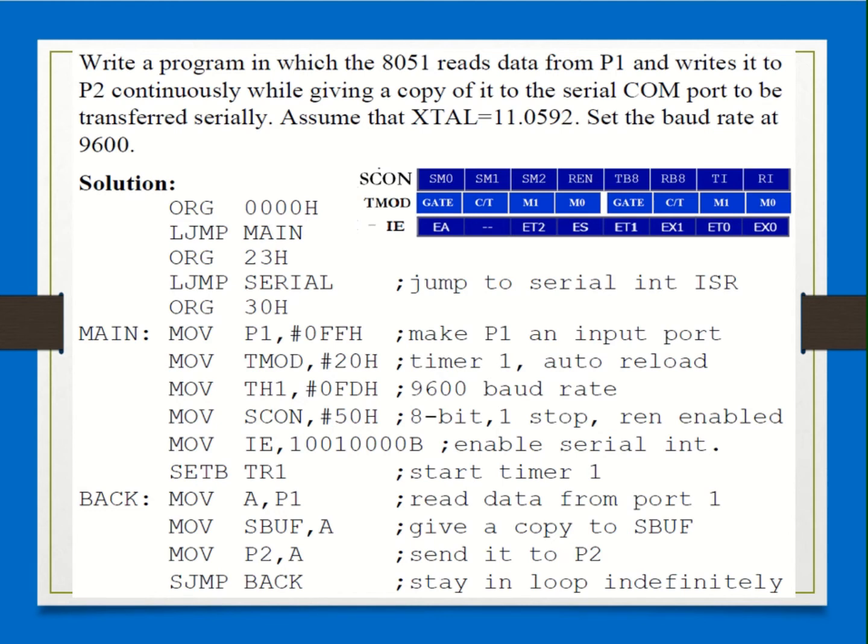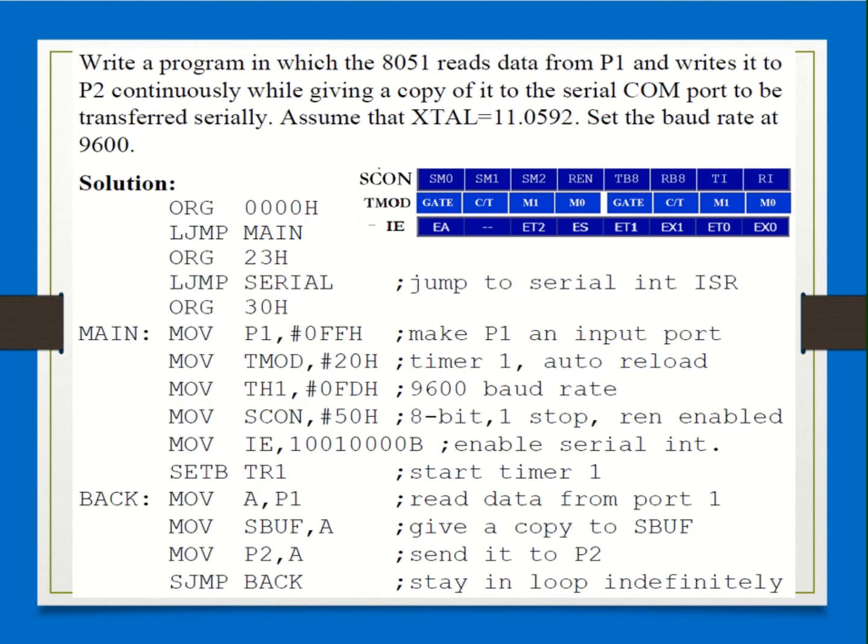First, ORG 00, that is the first line, wherein we are using the instruction LJMP MAIN because we don't want to save a program in the space allocated for the interrupt vector and the ISRs, right?